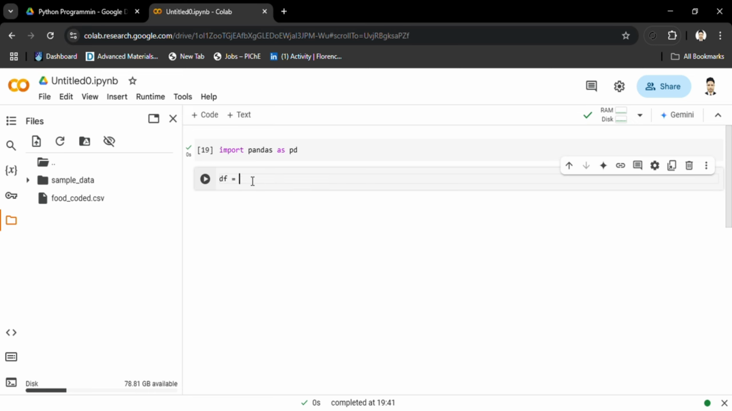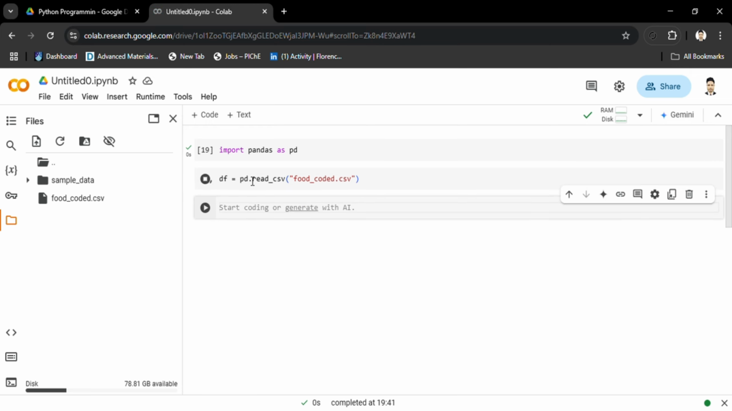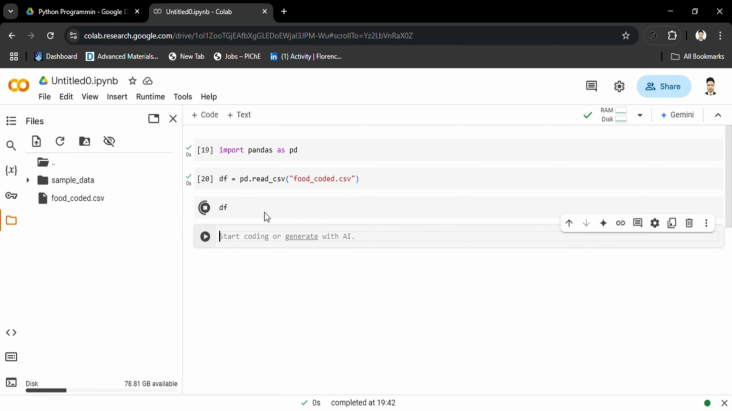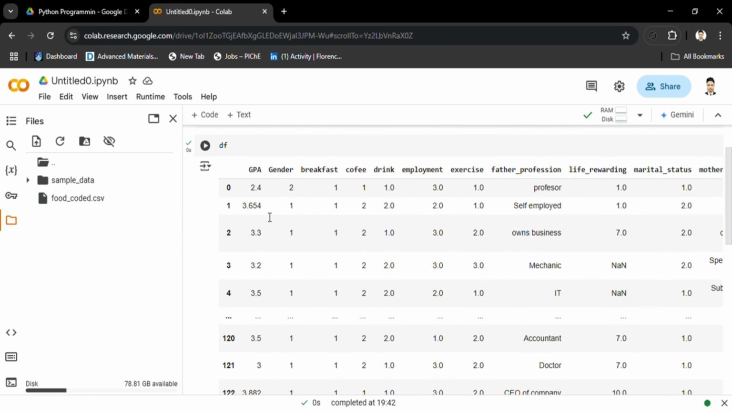After importing the Pandas library, now let's read our CSV file. We use read_csv for reading the CSV file. If our file is Excel, then we will write read_excel to read it. Okay, our file is now imported into the environment. Now let's read it. This is our table,